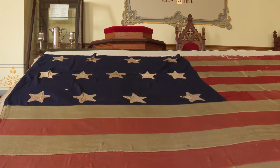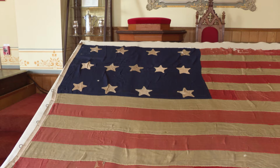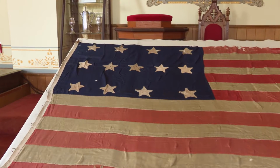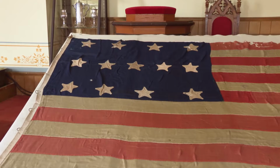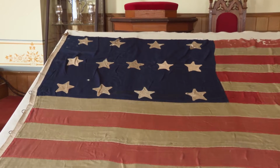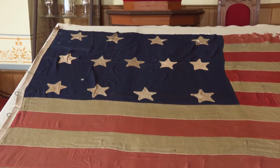If you were looking at a colonial revival flag, you might see the Betsy Ross formation, which is the circle formation. This is different in the fact that it's a 4-5-4 star display of 13 stars. This was actually, believe it or not, more common during the Revolutionary War. It dispels some myths about how a 13-star flag should look. There were actually many different formations for 13-star flags, and 13-star flags were used from the Revolutionary War on to